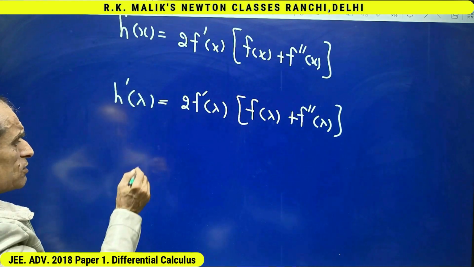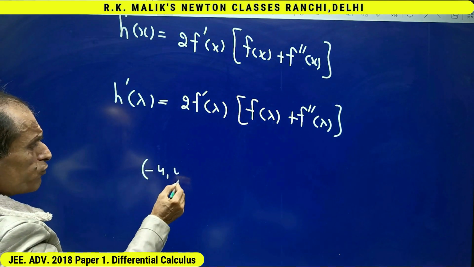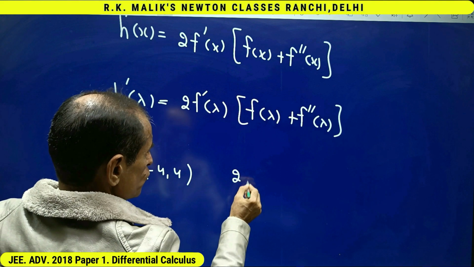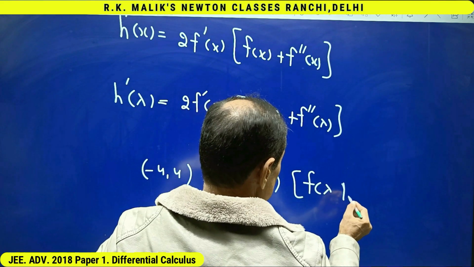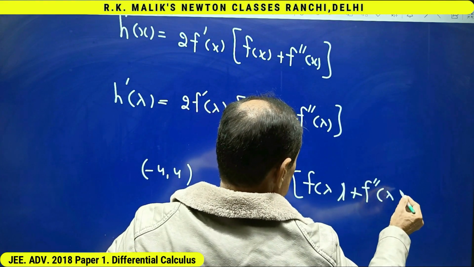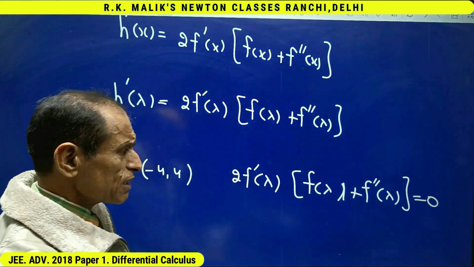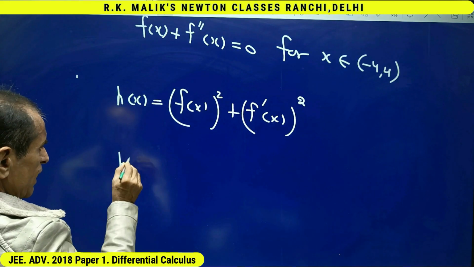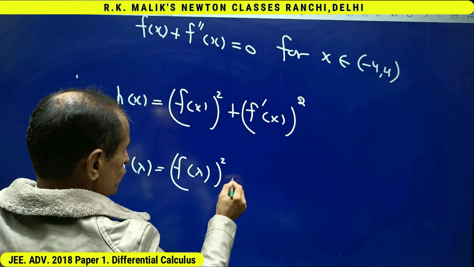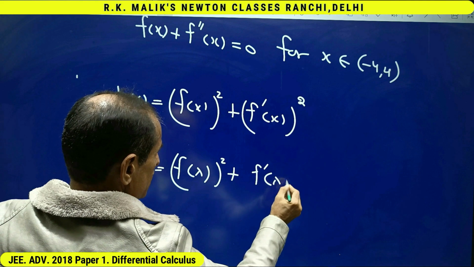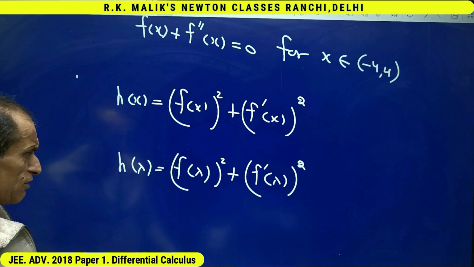And because h dash lambda is 0, it means we have found a number lambda in the interval -4 to 4 such that 2 f dash lambda into f lambda plus f double dash lambda is 0. But f dash lambda cannot be 0. From here I can say h lambda is equal to f lambda square plus f dash lambda square, and if I take f dash lambda as 0,